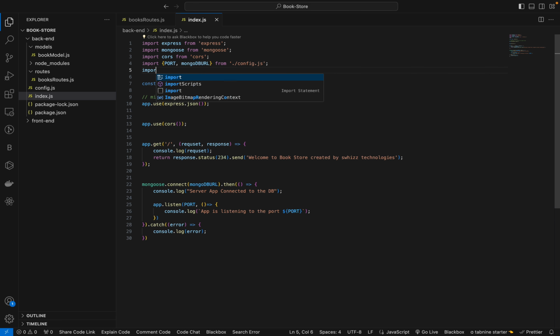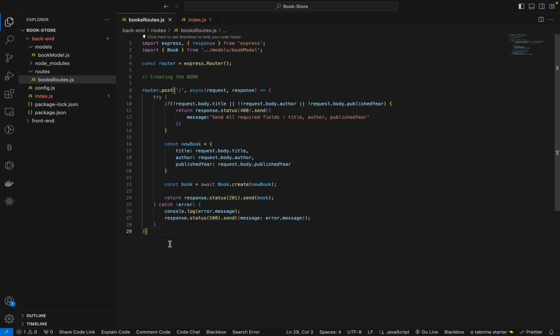So import, I think I have exported the stuff. Let me check. Yeah, I didn't export it. Export default